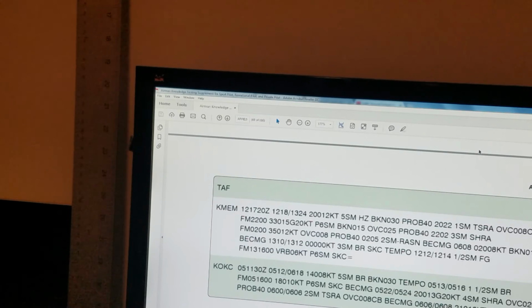So that's a little bit of a correction, and yes, 20012 knots. 200 is the direction the wind is coming from, and 12 knots, and visibility is 5 statute miles, and it's hazy. Clouds are broken, covering 030, and the probability of showers is 40%. Okay,